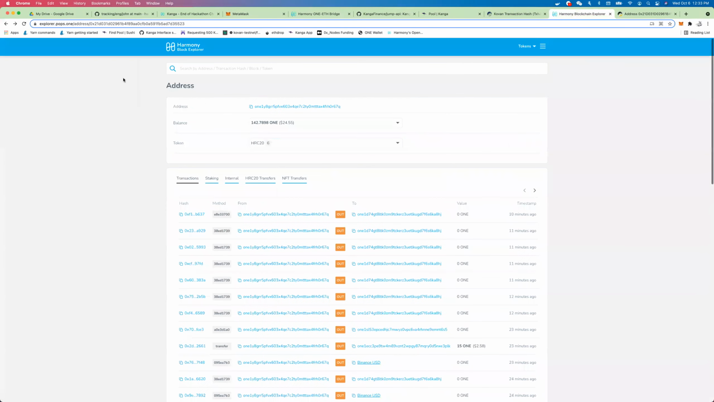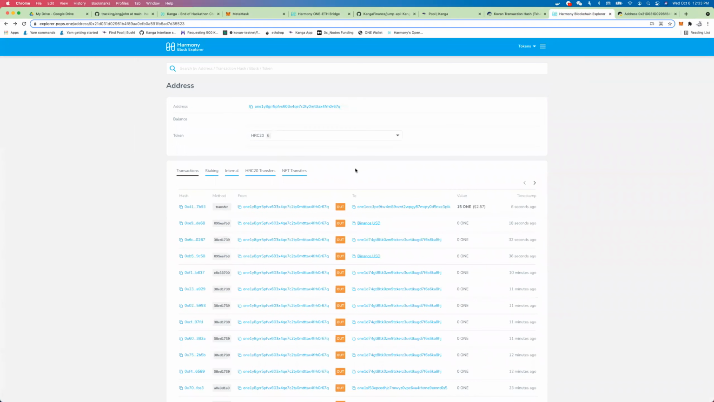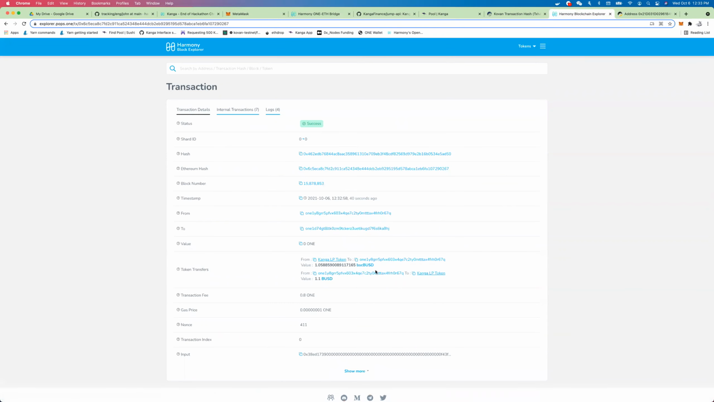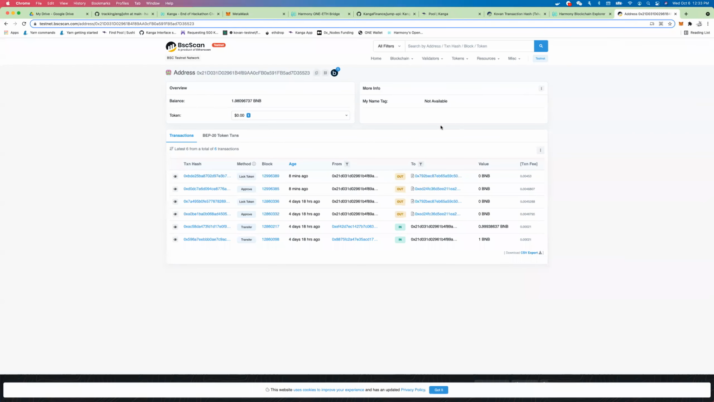If we check on the Harmony side, we'll see a number of transactions here, including depositing the one and basically the swap here. The one that's probably of most interest for the Kanga users is that we're using this Kanga liquidity pool in the middle. And you can see here we're swapping BUSD, BCBUSD to BUSD here. And then if we look on the Kovan side, on the BSC side of things,